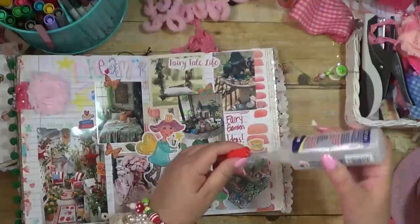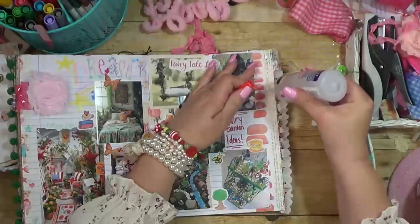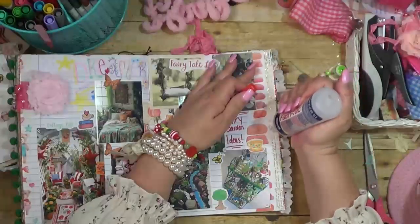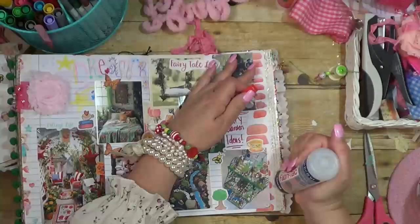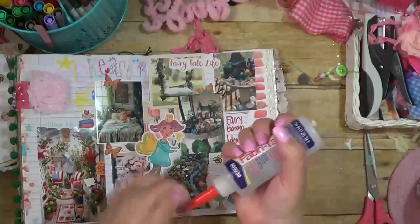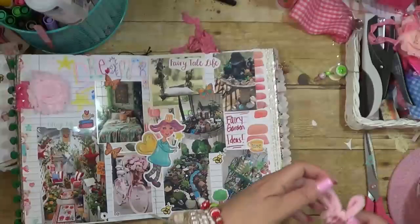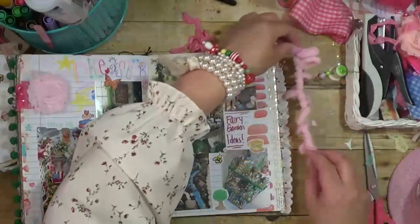Turn my glue upside down. Ooh. And this will take a little bit of time to dry. Not a whole lot, but a little bit of time. This is fabric tack. Lid back on because it does dry and get sticky. Okay, and then going to add the little